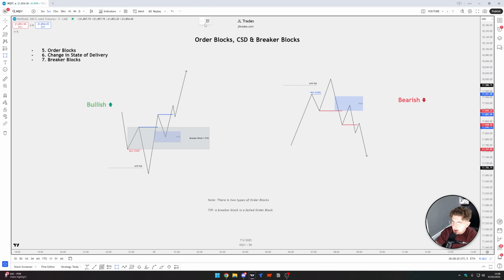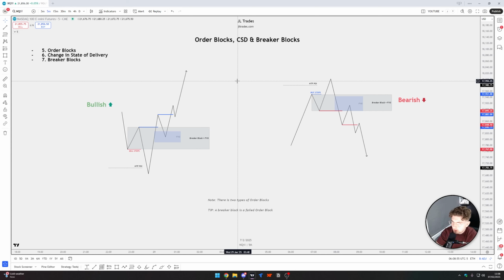And finally, a breaker block would be, in this case, the most recent down close candles before the leg up that took liquidity, which would be, for example, here. So that would be our bearish breaker block, and this is a bearish unicorn. And as you can see, price uses it to push off lower. So that is how you combine pretty much the two types of order blocks, what change of state delivery is,